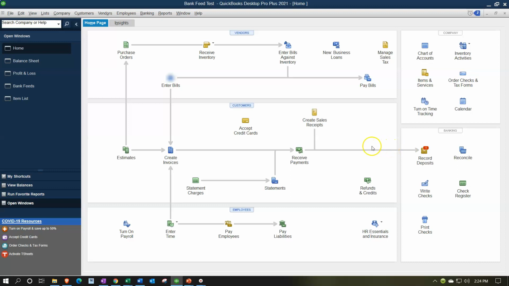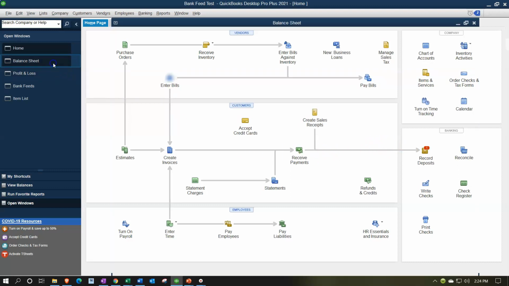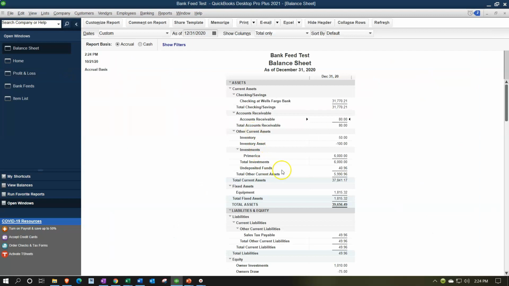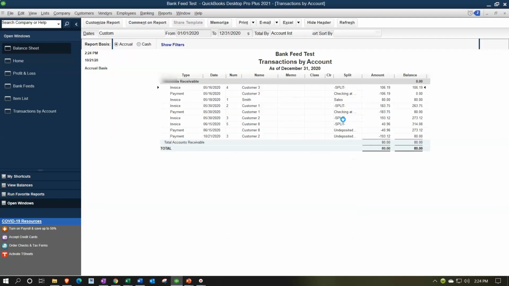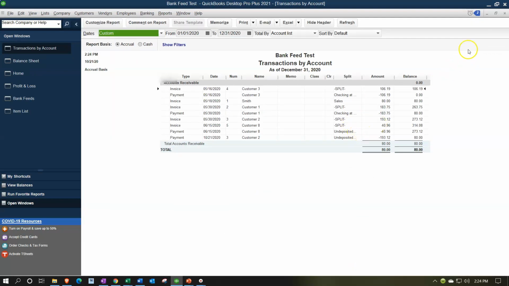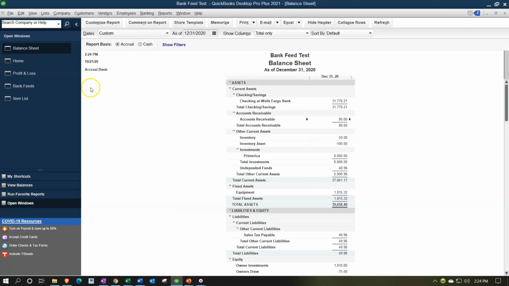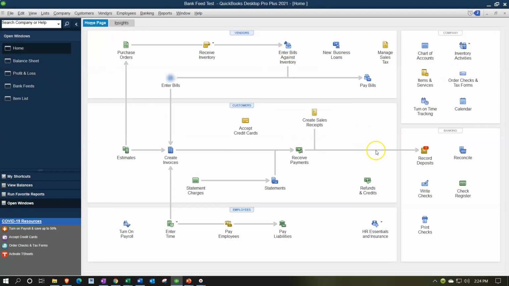So now I'm going to go back to the balance sheet. And now we have this undeposited funds that went up instead of the checking account, and the accounts receivable has gone back down. It went into undeposited funds. Now, instead of going and doing the deposit here, I'm going to wait till it clears the bank, go to bank feeds,